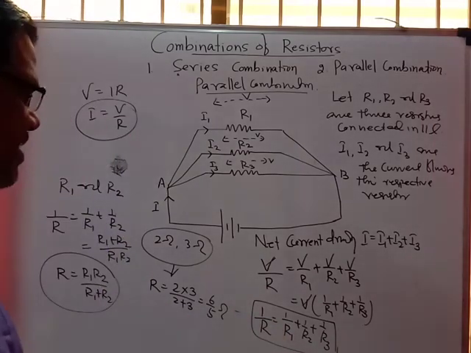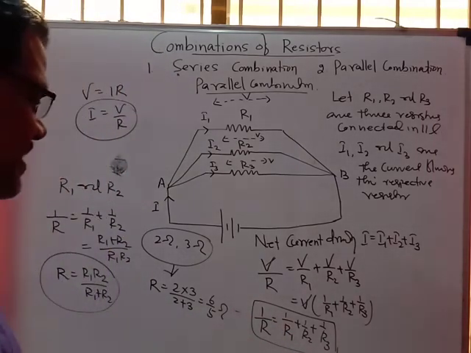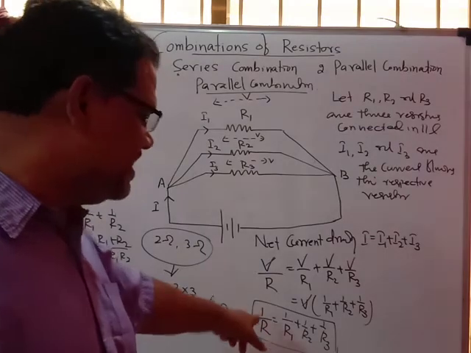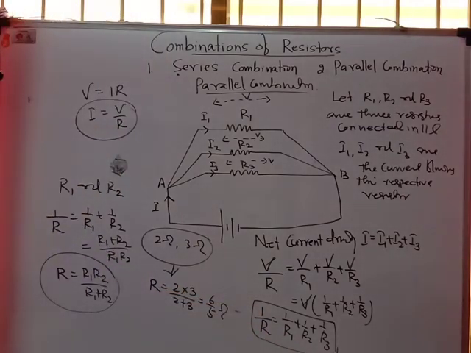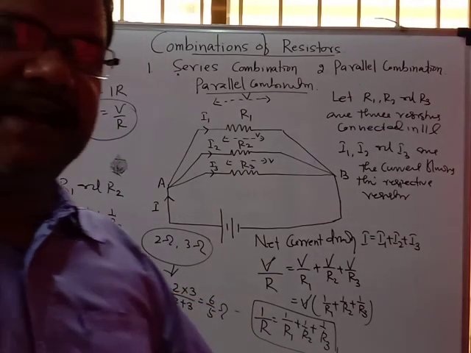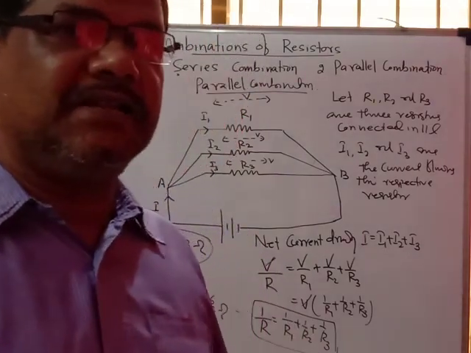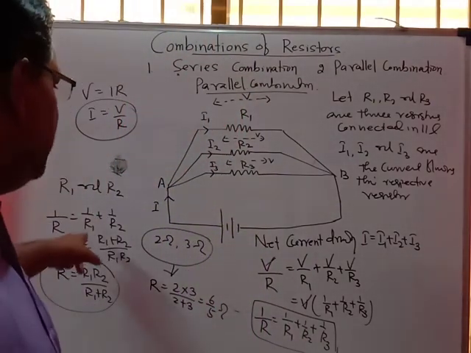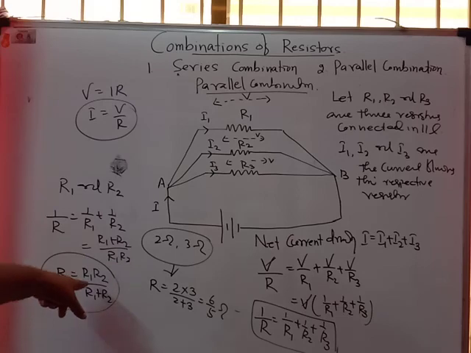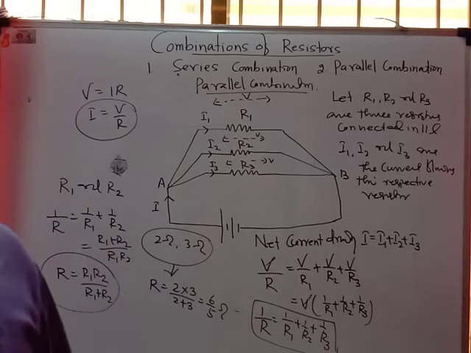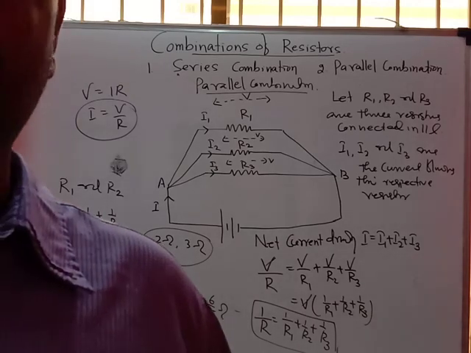But one thing: whenever you apply the data, most students leave the answer as 1 upon R, the equivalent resistance equal to 1 upon R, and so they do not get the marks. So be careful. Whenever two resistors are grouped, you can use this formula directly. This is all about series and parallel grouping. Thank you very much.